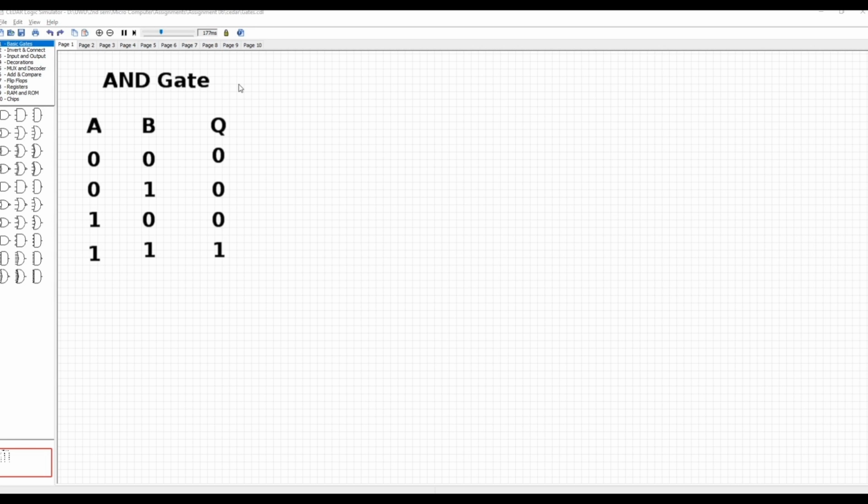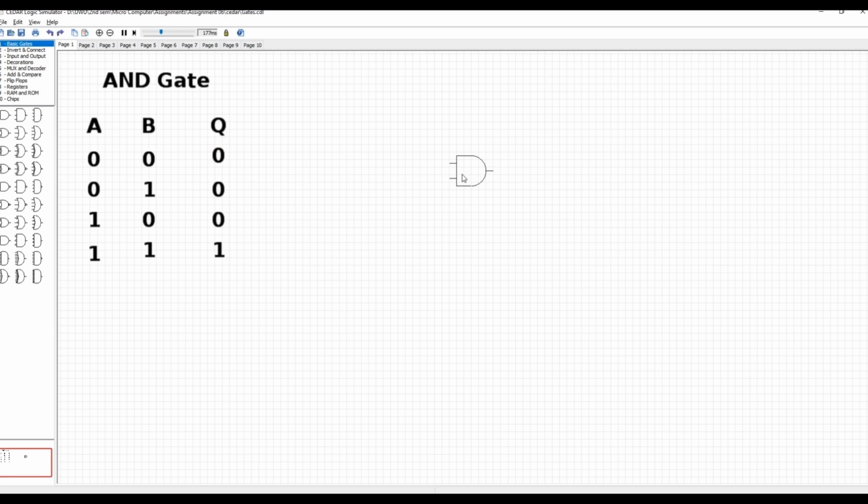We are now in our simulator. So there is the truth table for this AND gate which I defined in here earlier. So let's see how we can get the AND gate in this simulator. First we have to go into this basic gates, and down here we can see in the first row there are AND gates. The first AND gate has two inputs, and the second AND gate has three inputs, and the third AND gate has four inputs. Let's take the first one,